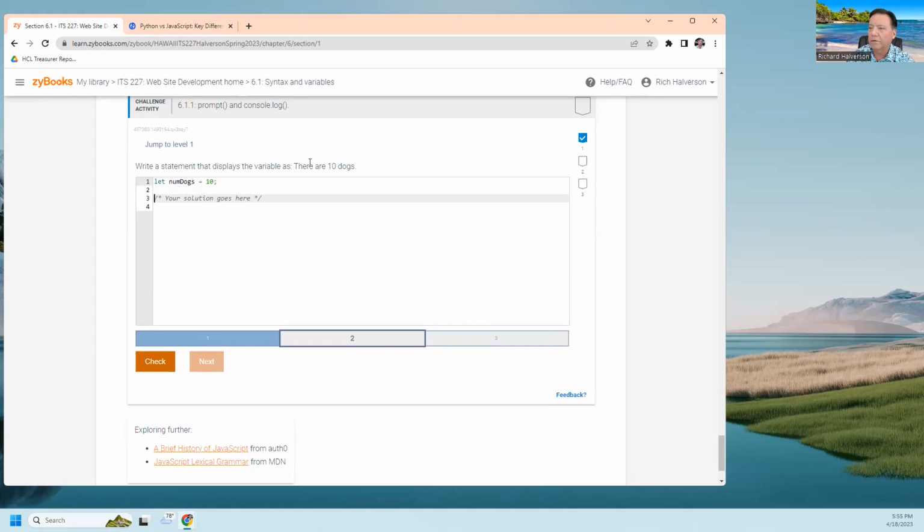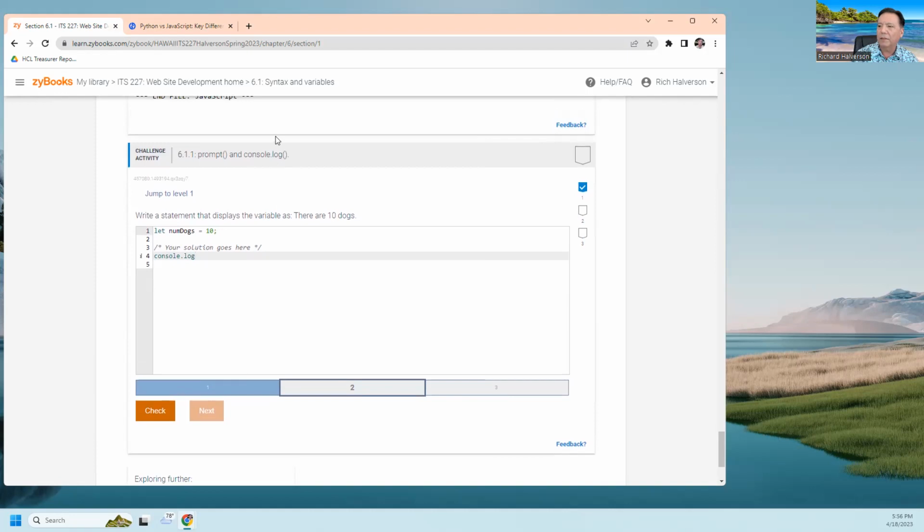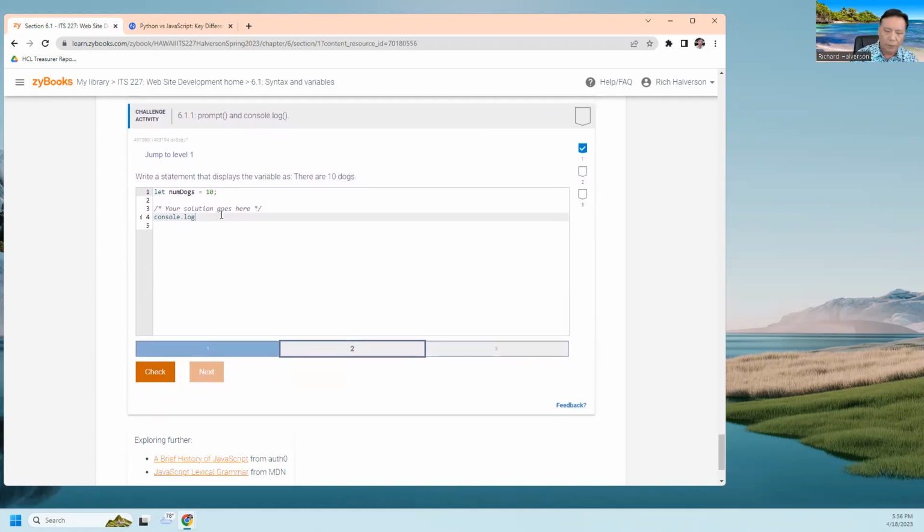Write a statement that displays the variable as there are 10 dogs. Oh, they mean console. Is that console.log? I gotta start remembering these things. Okay, parentheses. Quote, there are space quote, I think this is it, plus sign, num dogs, plus sign, dogs,